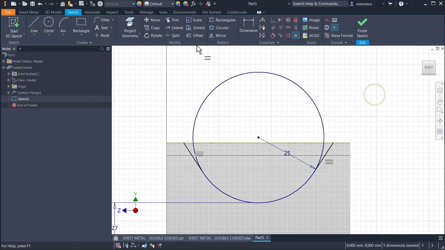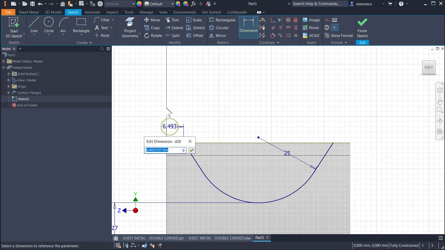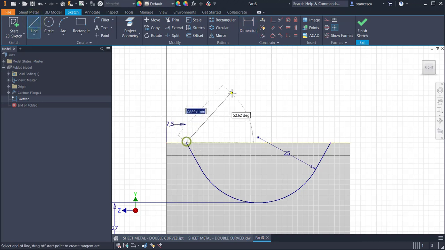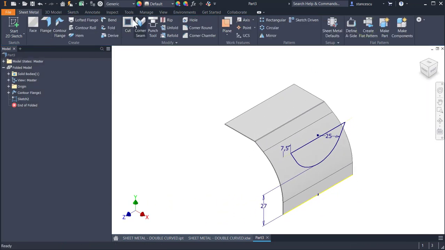Yes. Trim the rest of the circle and we place our dimension here. From this point to the end of the construction line, 7.5 is respected also to the right. We draw a last line to create a closed contour. Finish sketch, cut,